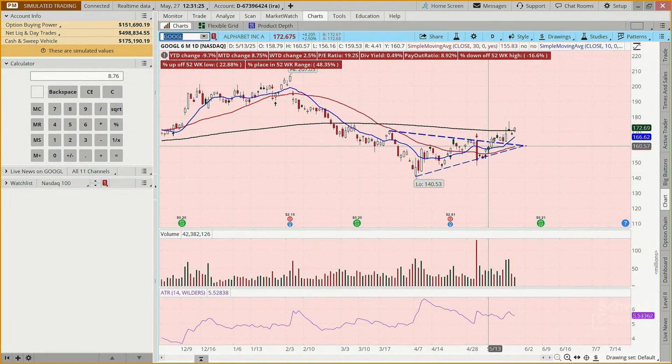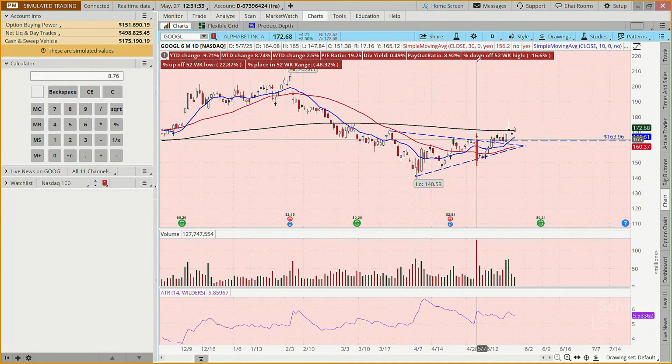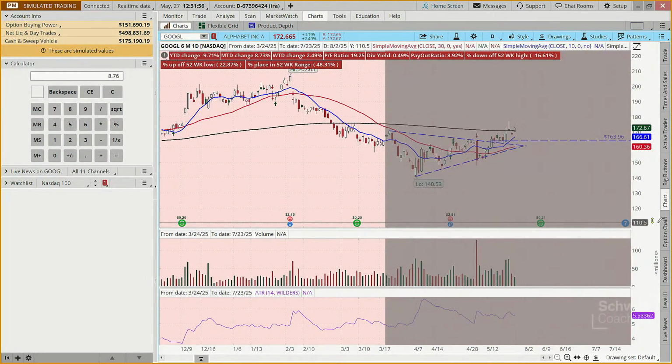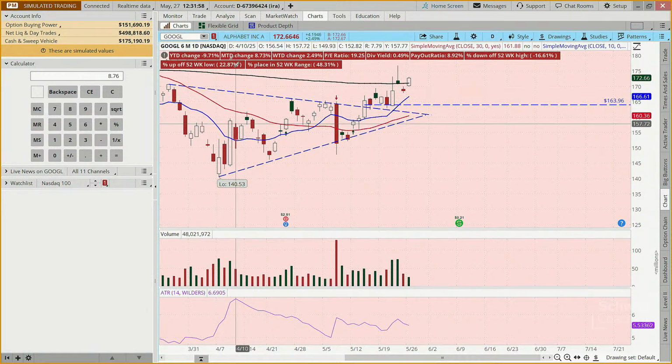And where might we put a stop if we were to put a stop? Well, we might say, I see kind of this here as being a support level around that 163, 164 level. So if I took 164 times 0.97, I'd put my stop around 159. And we're buying it at 172. So if we were to buy 100 shares, how much are we risking? Well, we're risking almost $14 a share. And you might say, I don't want to risk $1,400. Well, in this $500,000 account, that would be reasonable.